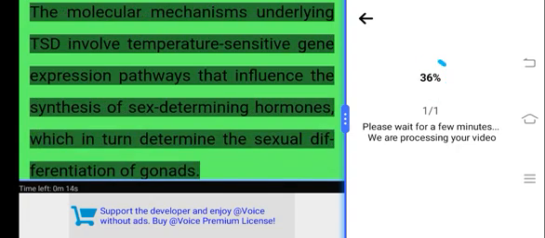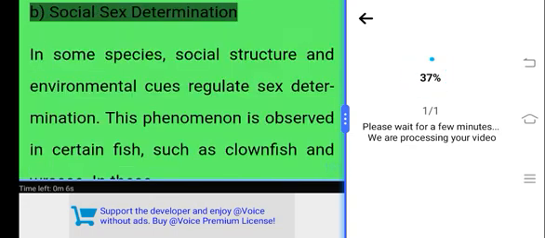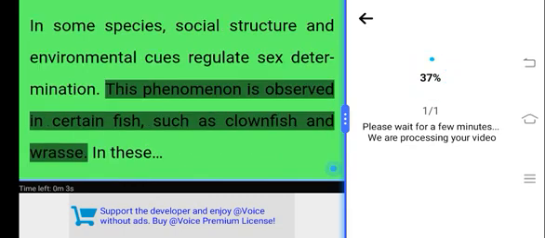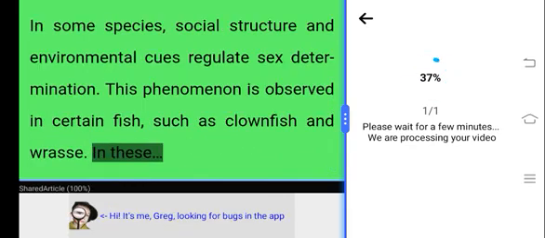The molecular mechanisms underlying TSD involve temperature-sensitive gene expression pathways that influence the synthesis of sex-determining hormones, which in turn determine the sexual differentiation of gonads. B. Social sex determination. In some species, social structure and environmental cues regulate sex determination. This phenomenon is observed in certain fish, such as clownfish and wrasse. In these,